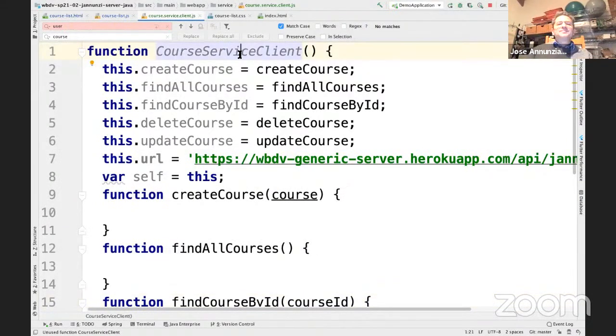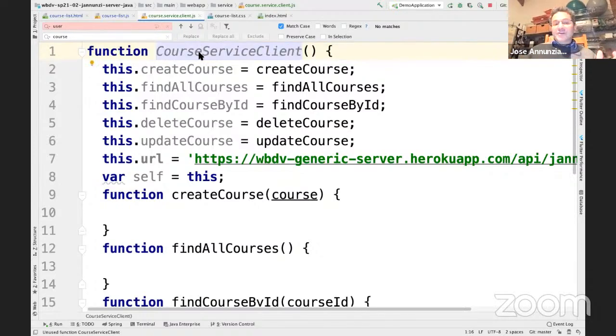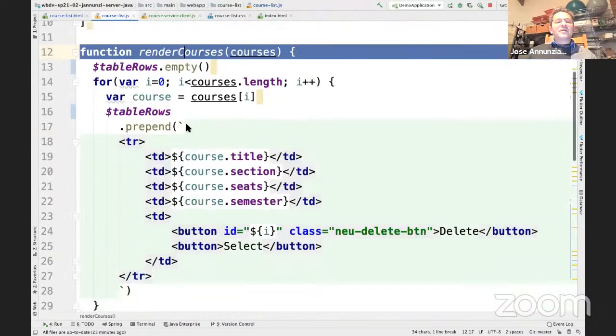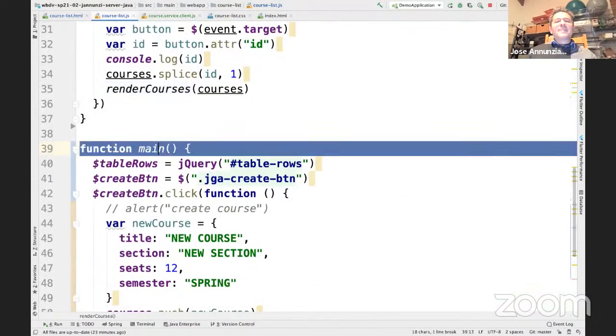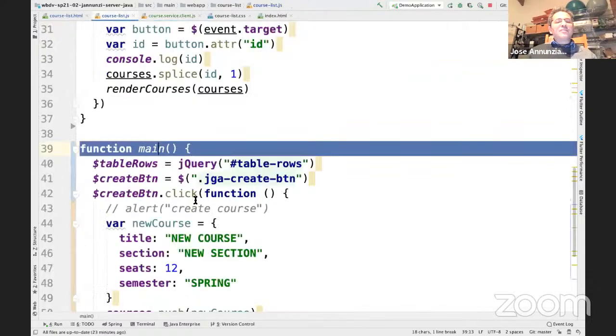All right. So how are we going to do this? Well, first of all, let's look at this function, right? This function looks like a regular function. It looks just like any other function that we have here. So here's a function, here's another function. Looks like any other function. But this function is not going to be invoked